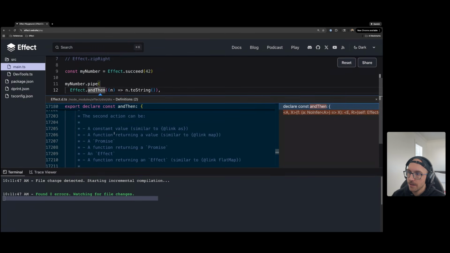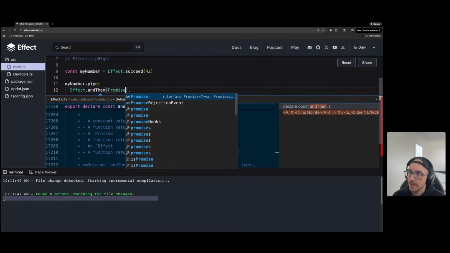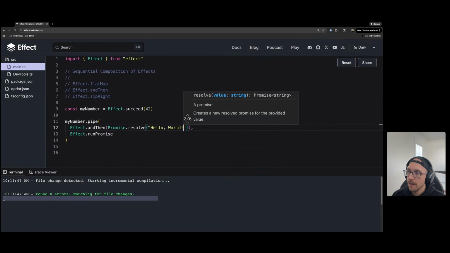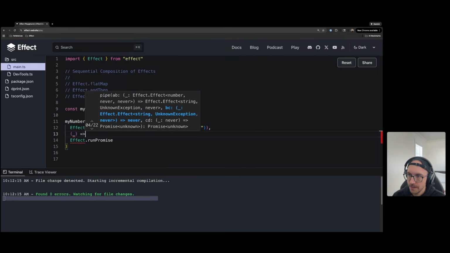You can also return a promise directly in here. So you could do like Promise.resolve("hello world"), and this will work. You can have a function that returns a promise, and this will be fine. Like you'll get the result that you expect in here. If we inspect this result,